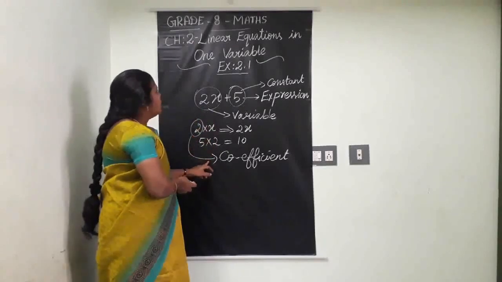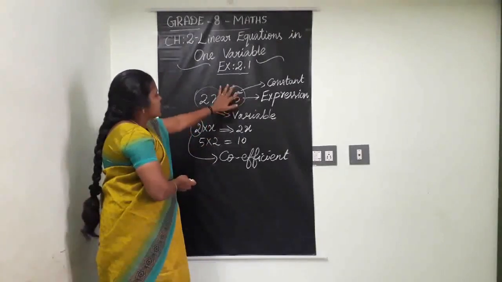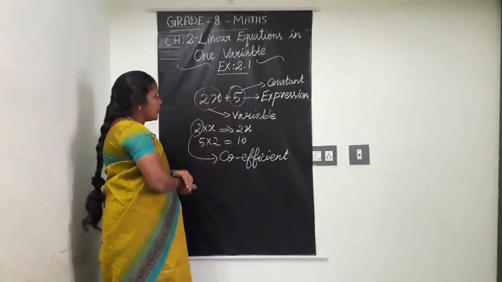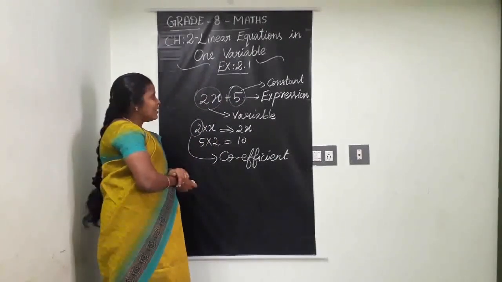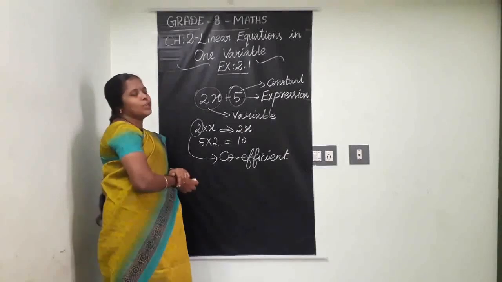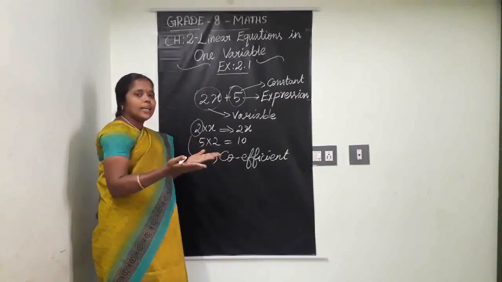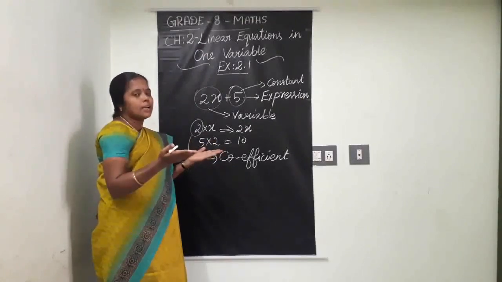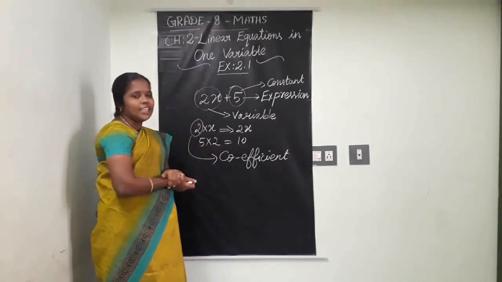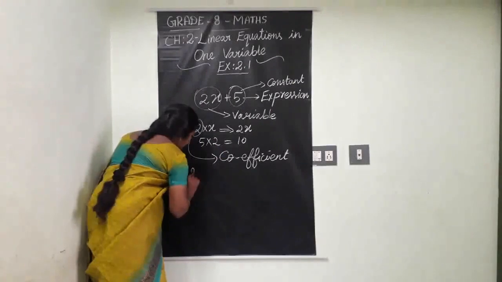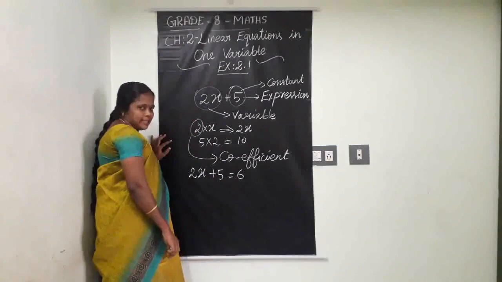Okay. Then what did we miss here? Expression, variable, constant, coefficient. Mainly what we have to see? Equation. Clear? What is an equation? About this also you would have seen in the last year. Equation means it is a statement containing two expressions on both sides having an equal sign in the middle. Equation is a statement, say 2x plus 5 is equal to 6, like that.